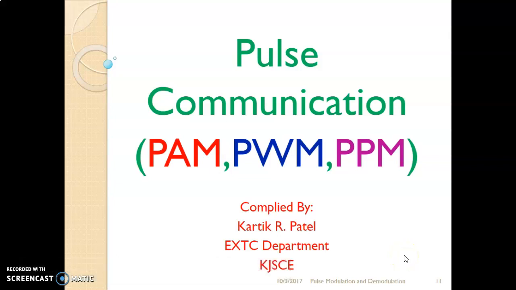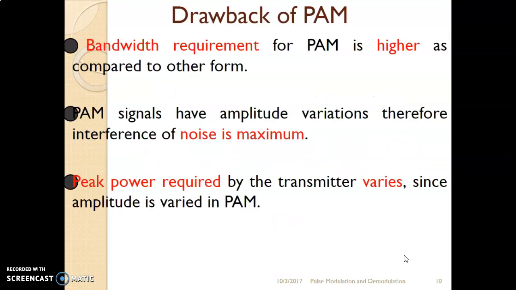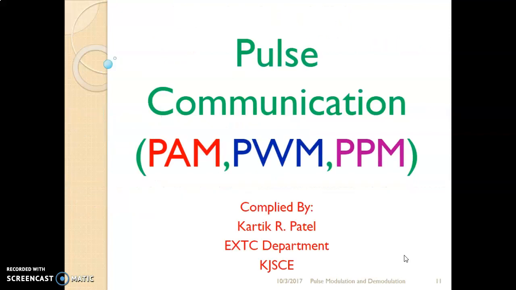In the previous lecture, we studied the first type of pulse communication technique, which is pulse amplitude modulation, and we highlighted some drawbacks of it. The information is contained in the amplitude, and because of that, interference of the noise is maximum. The peak power required by the transmitter varies since the amplitude is varied in PAM. Now, to overcome this particular drawback, we are going for the